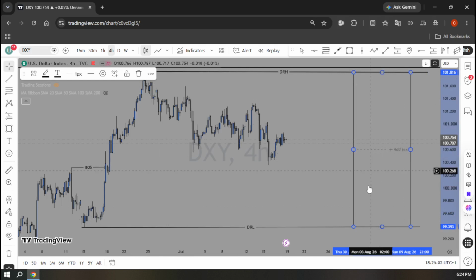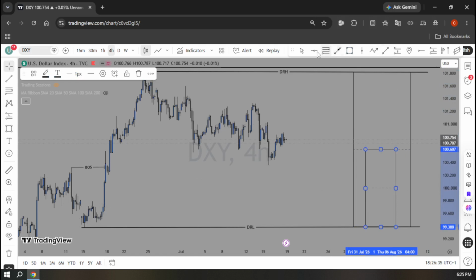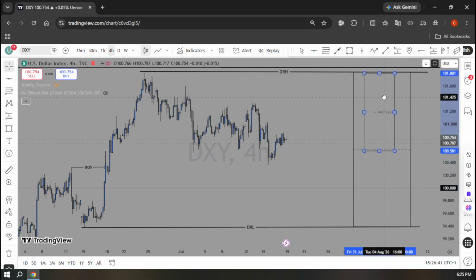So dividing this into two, this is our premium price and this is our discount price, but we just can't take a position or an entry when price comes inside this area and inside this area. This is the 50% of the whole move. We can as well break this down to get a more precise discount pricing where the market would look more enticing to us. So I'll apply another rectangle inside here and then place this. I'll move this right here and I'll place this here,